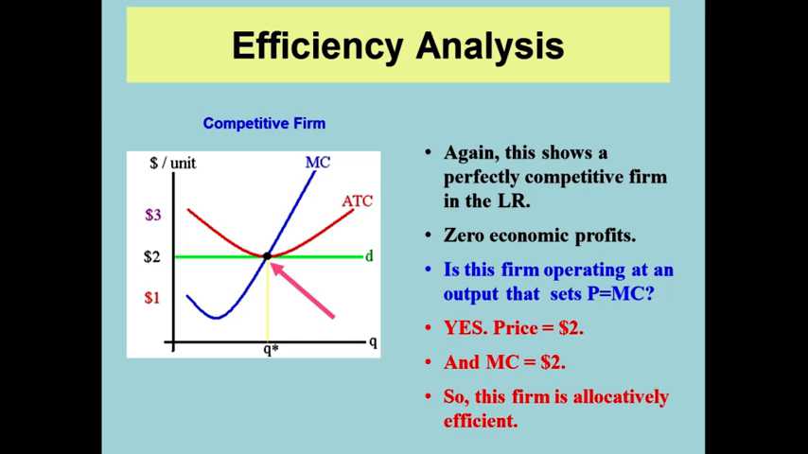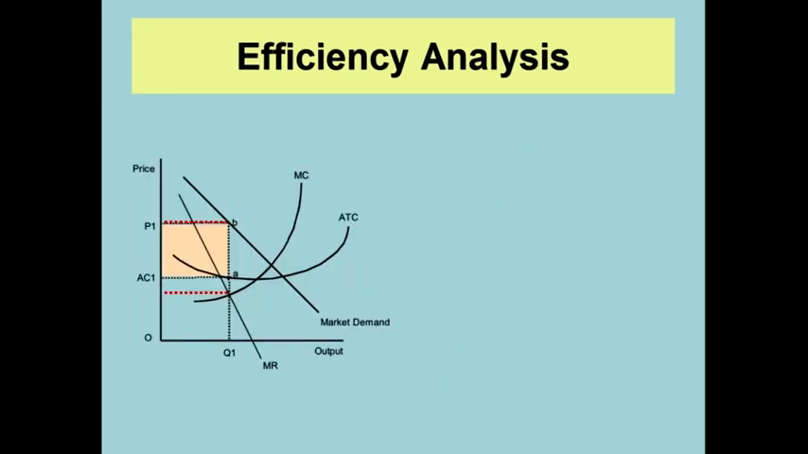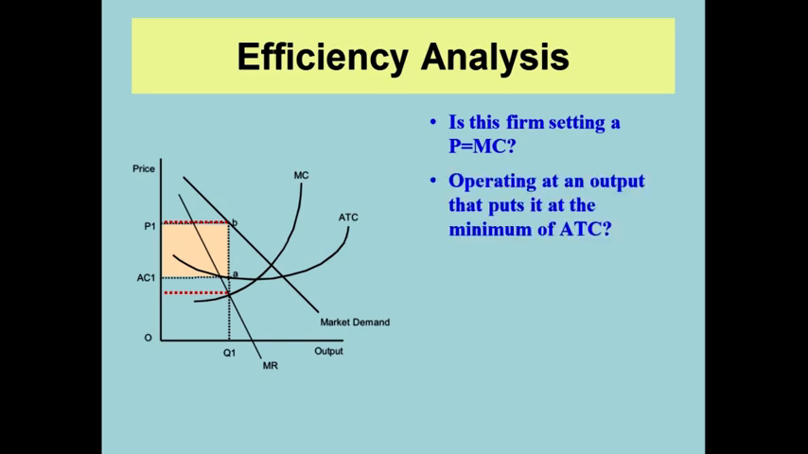But what about the monopolist? Let's take a look. So here we have a monopolist, and we want to know, is this firm setting a price equal to marginal cost? We saw it in perfect competition, but is the same going to be true in a monopoly? In other words, are they operating at an output that puts it,